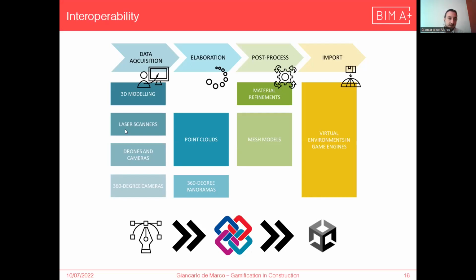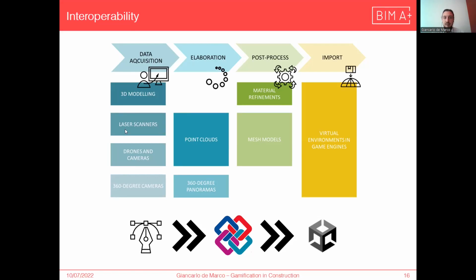In the case of the last three, point clouds or panoramas have to be made, and in some cases adapted to generate a mesh model from the point cloud. And in the case of 3D modeling, going through some more specific software to refine the material would surely deliver a better result.